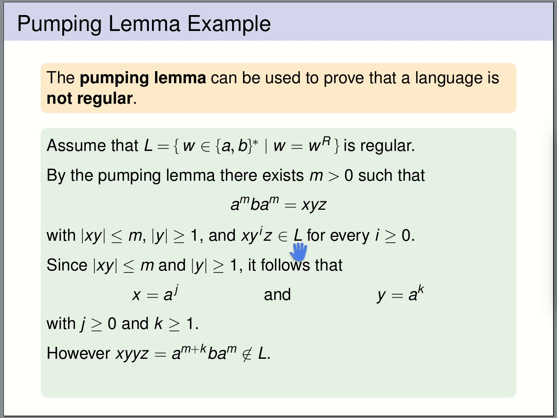So where's our flaw? Our flaw is that we have assumed that the language would be regular. So we have a contradiction to our assumption of regularity. Our language cannot be regular, because if it was regular, then the pumping lemma would guarantee that this word xyz is again a palindrome. So we have a contradiction. The language L that we've started with, the language of palindromes, is not a regular language.